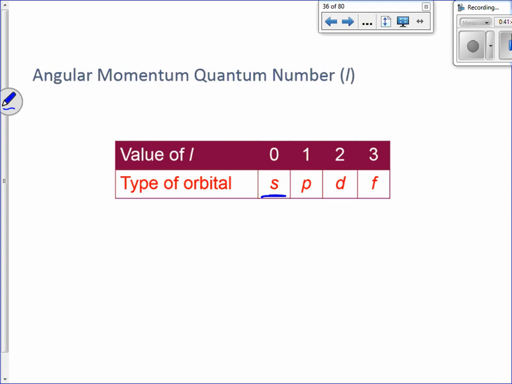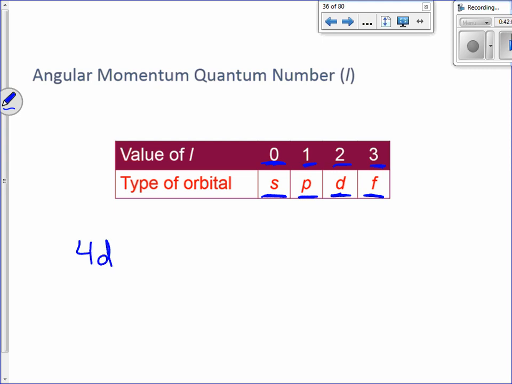S shapes are always going to be zeros for their L. P shapes are always going to be 1, D shapes are always going to be 2, and F shapes are always going to be 3s for their L's. Okay? So, if I said my electron is located in 4D,